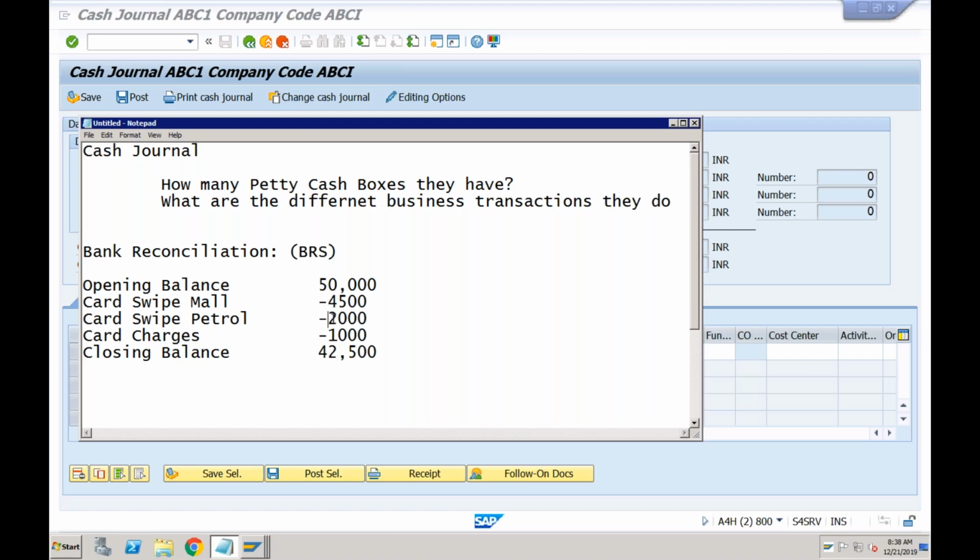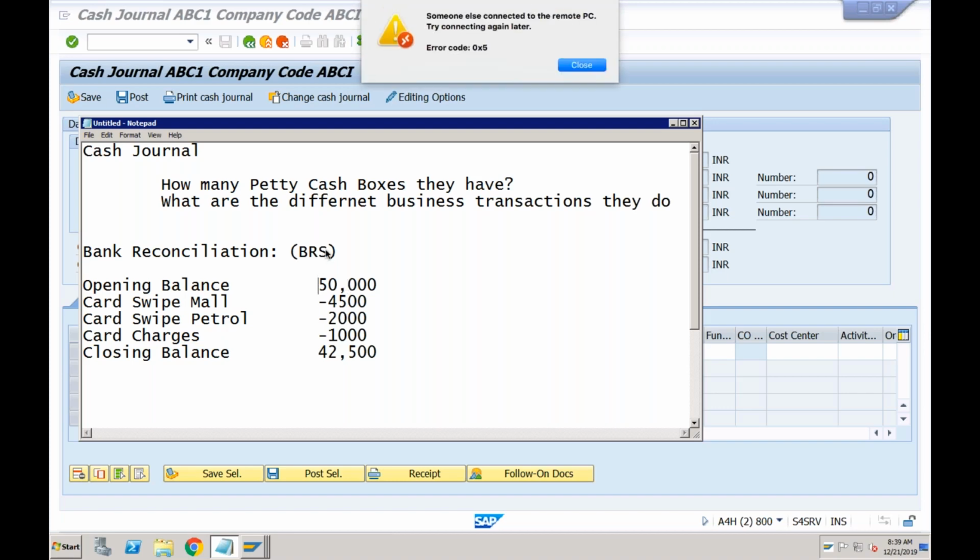So that is the reason each and every company needs to reconcile the bank account. What do you mean by reconciling the bank account? They will verify whether these charges which the bank has applied are proper charges, or whether there are some unnecessary charges. Are there any charges which we have not incurred but the bank has charged us? So that process of reconciling the bank statement with the actual transactions that you have done is called bank reconciliation.